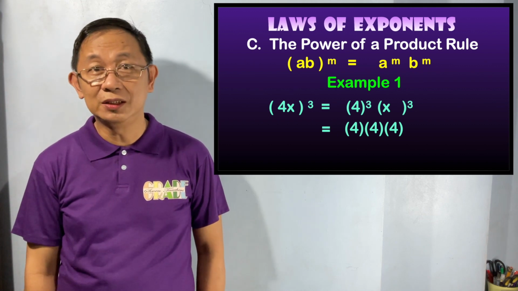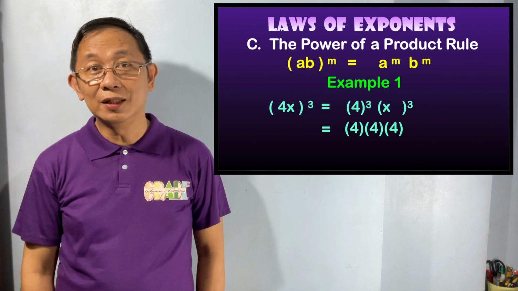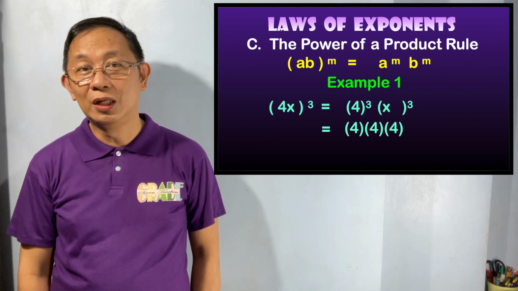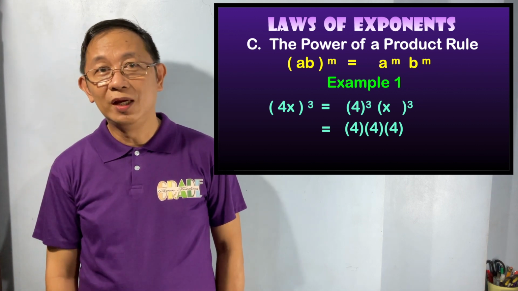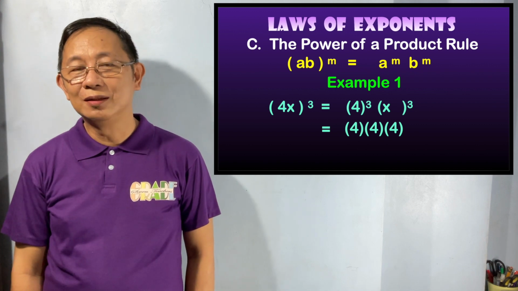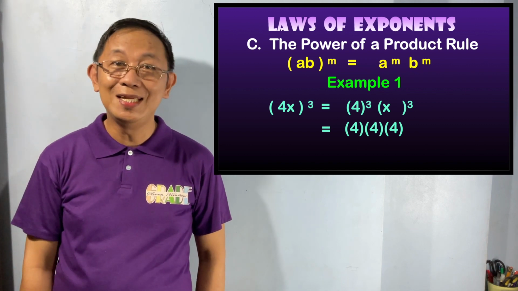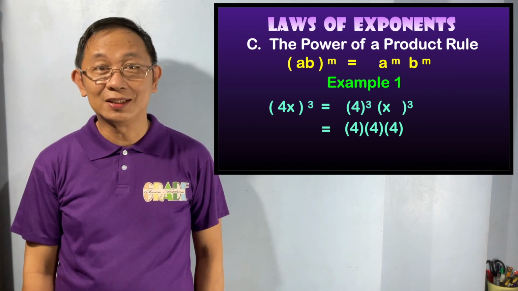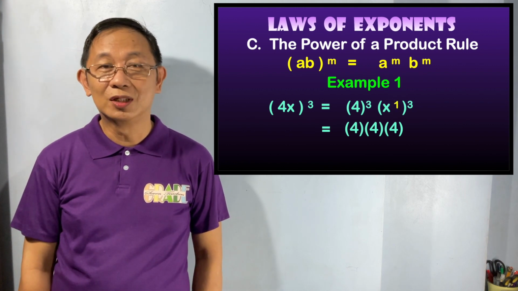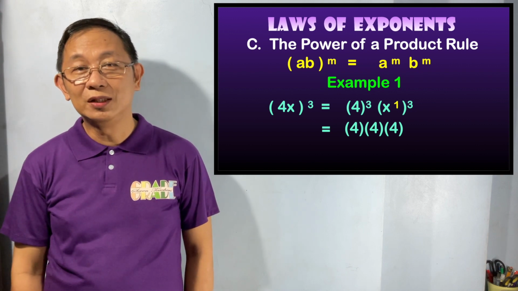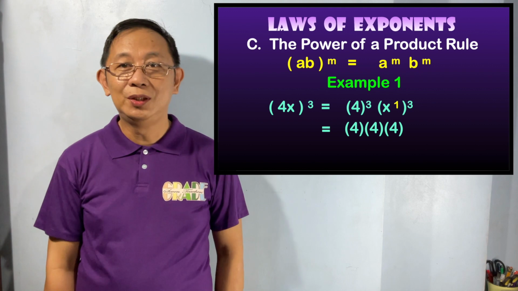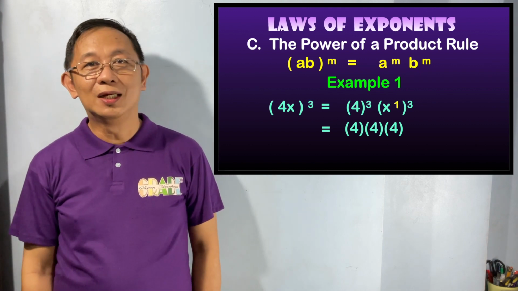Pero in this case, gusto ko gamitin natin yung power rule, no? Yung power rule na magmumultiply tayo ng exponents. Sir, isa lang po yung exponent. Meron nga siyang invisible 1, yung x, no? Merong invisible 1 exponent doon sa loob. Kasi kung meron yung exponent na hindi 1, yun na lang ang gagamitin natin, power rule. So, gagawin natin